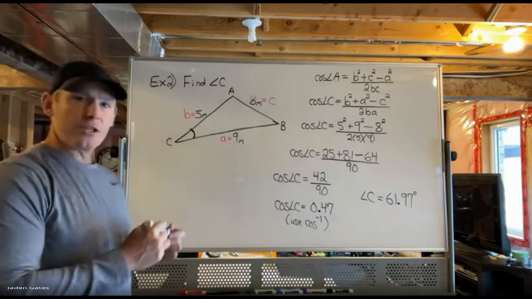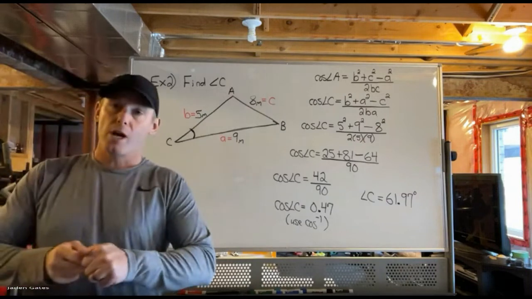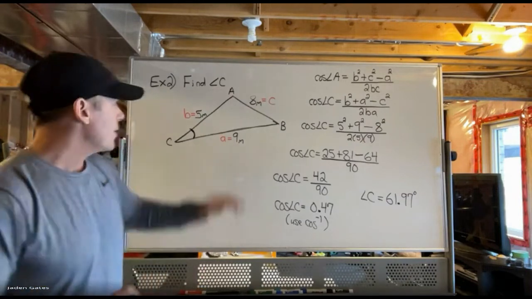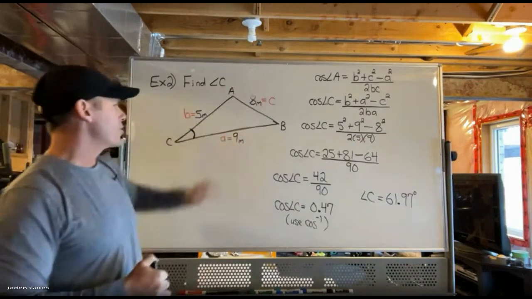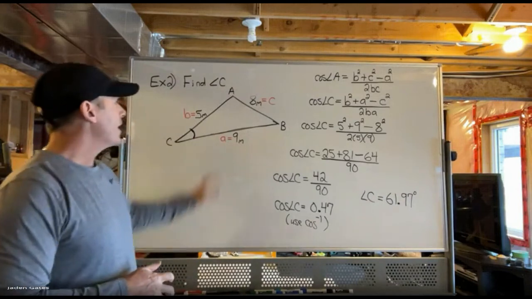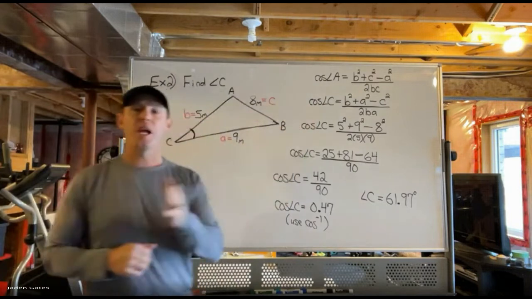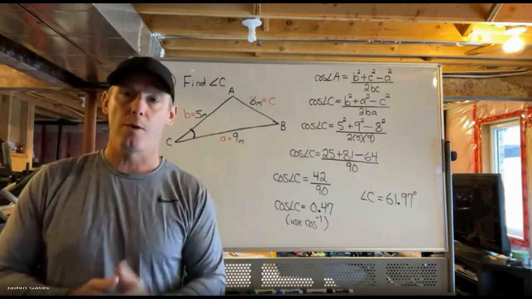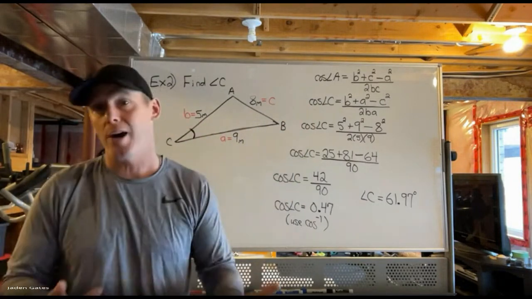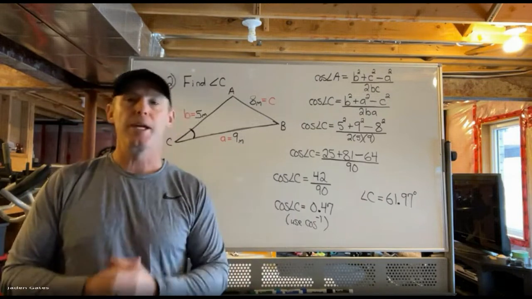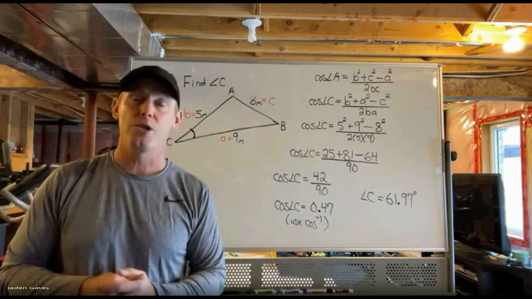So again, that is our cosine law. When you're trying to find an angle, you have to know all three sides. That's the situation we're looking for here. Again, I labeled my sides. This time, in both examples, I had to come up with a new formula. The original wasn't going to work because I wasn't finding angle A. I found angle B, I found angle C, and of course, it's a lot easier when you can find angle A